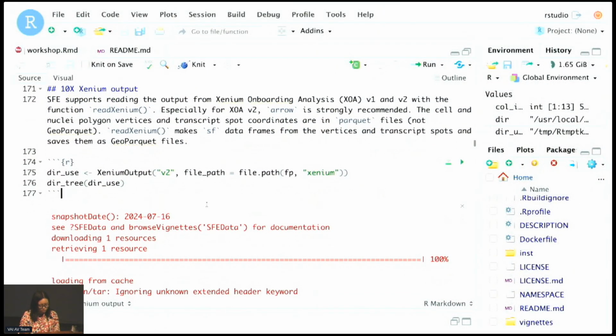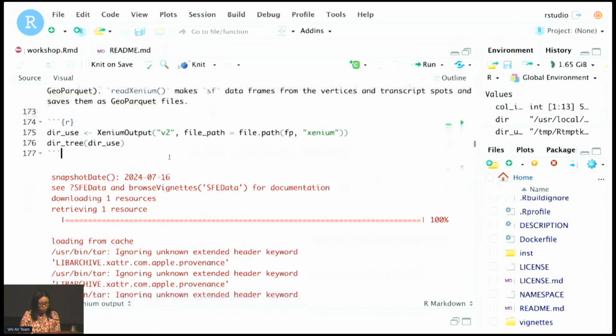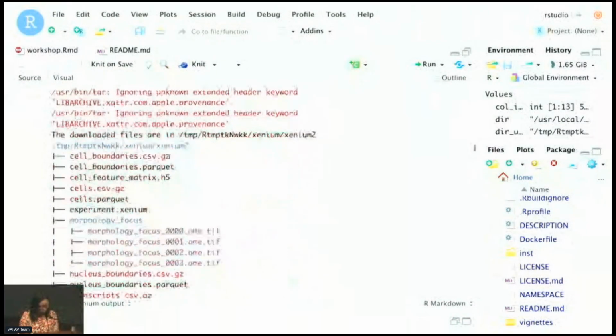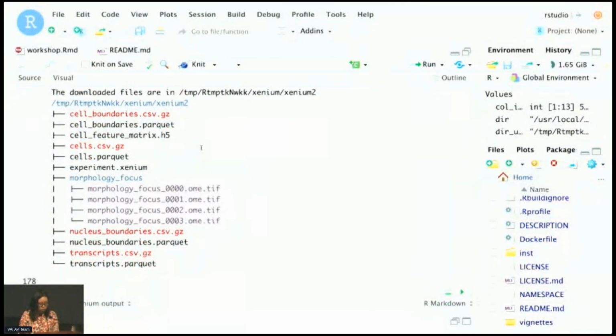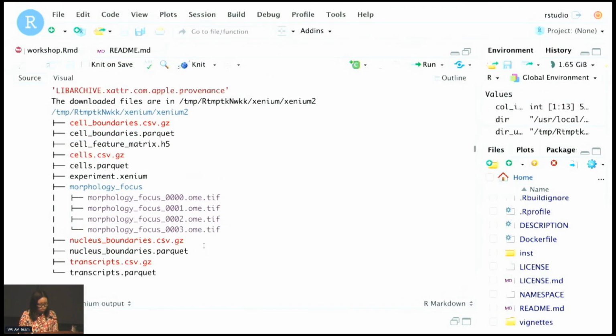Here I'm reading one from V2. This is what the output structure looks like. We have cell boundaries, that's for cell segmentation polygons, and we also have nucleus segmentation polygons. For XOA V2, unlike V1, the segmentations are greatly improved, and V2 will allow multiple nuclei in each cell.